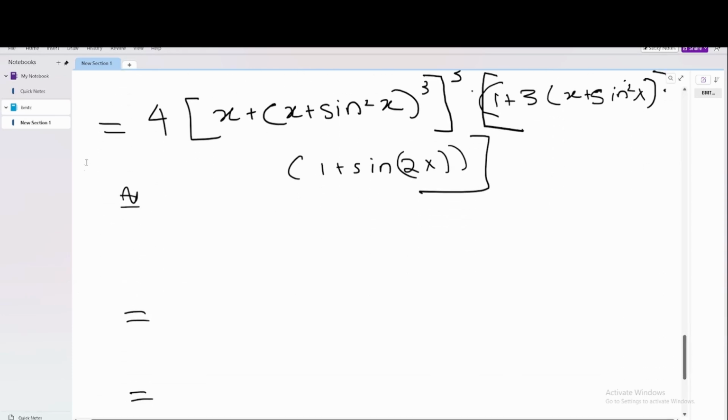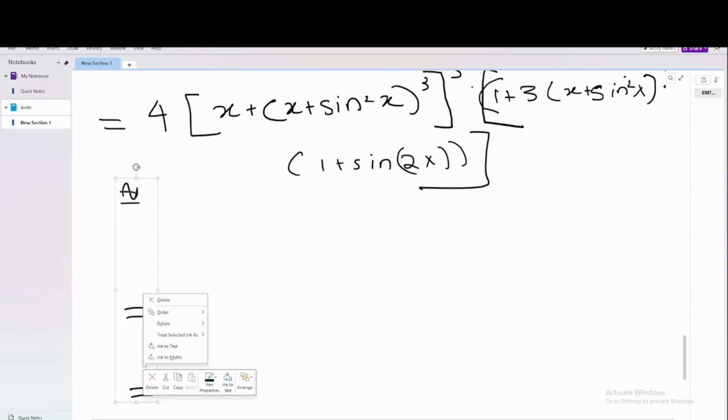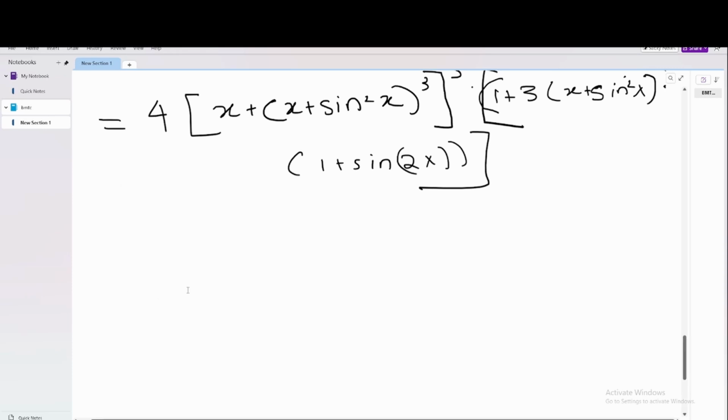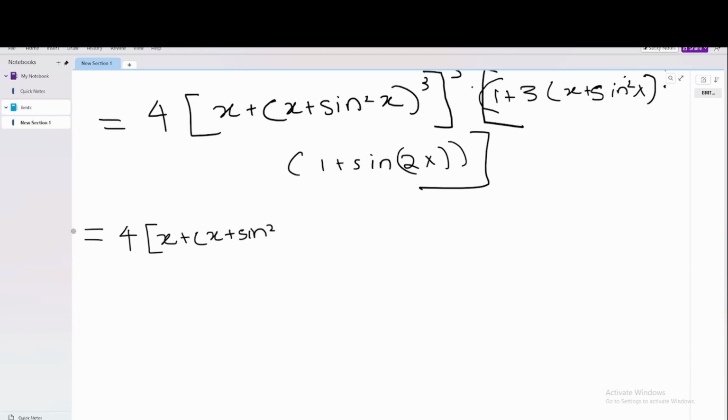We can write more clearly here the answer: 4x plus sine square x cube raised to